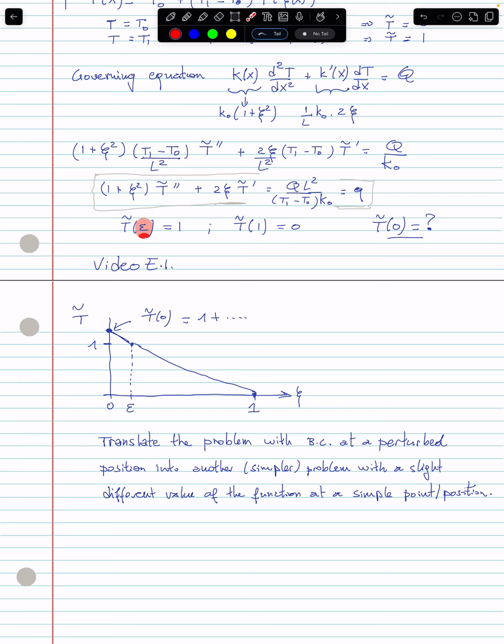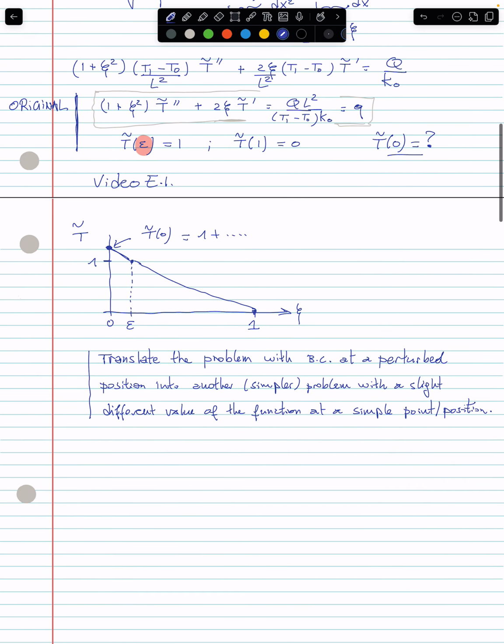And so what I'm saying here is that instead of solving the original problem here, we're going to solve another problem which has the same differential equation, I just copied it to make sure we are fine, is equal to Q, but